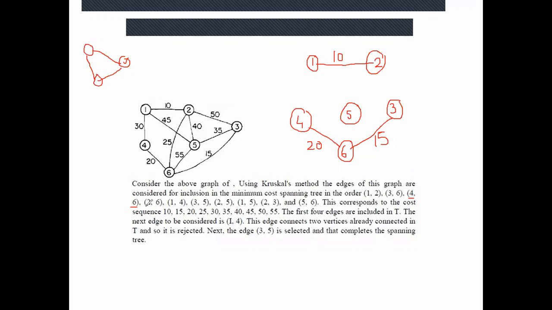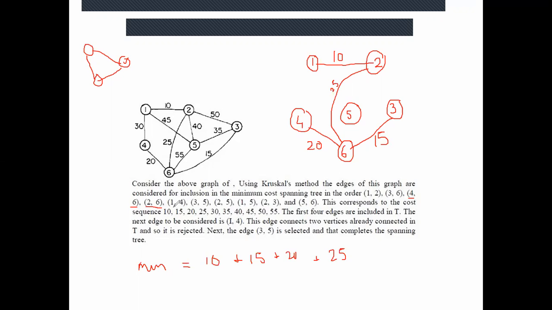Okay. Next, Palvi, next edge is your 2, 6. Okay. So 2 and 6. If I'm adding that to my spanning tree, is it creating any cycle? No, ma'am. Okay. One thing better, you have to find out the minimum cost also side by side. So which edges have I added till now? One was the 10, then it was 15, then was 20, then it is 25. You have to do all these things step by step. Okay.